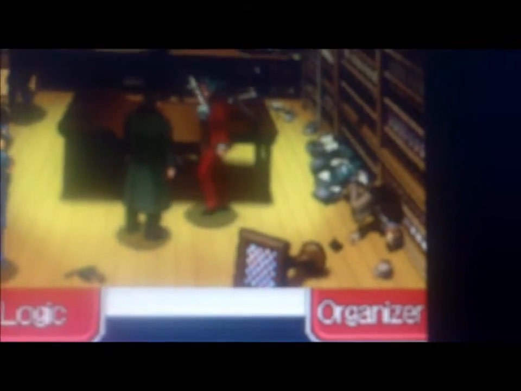We don't really have much logic. And instead of the court record, we have the organizer, which right now only has the badge. But we also have profiles, so that's awesome. Now this is different than other Ace Attorney games. You can move around. You can hold B to run if you're playing on the DS, but of course I'm playing the emulator. And so, what button would it be again? X for me, I think. I can't reach. I have to hold the camera. But if you're playing on the emulator, the default is X. It's either X or Z.